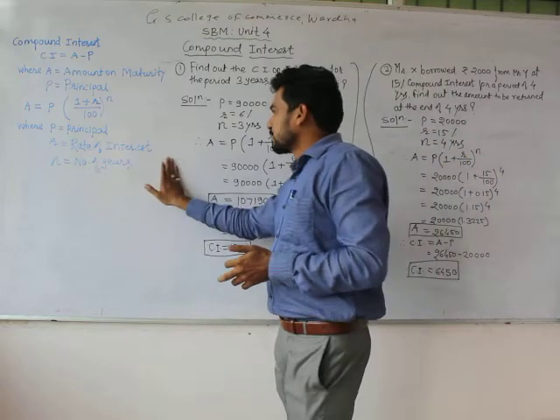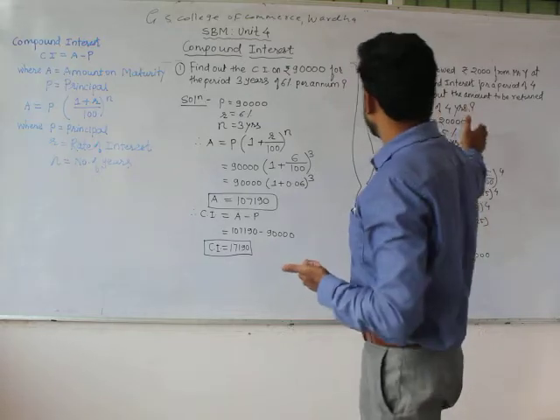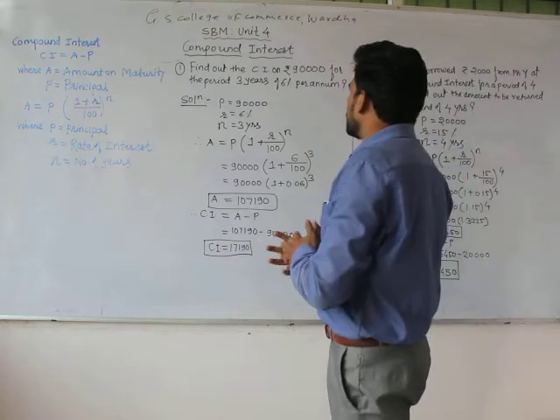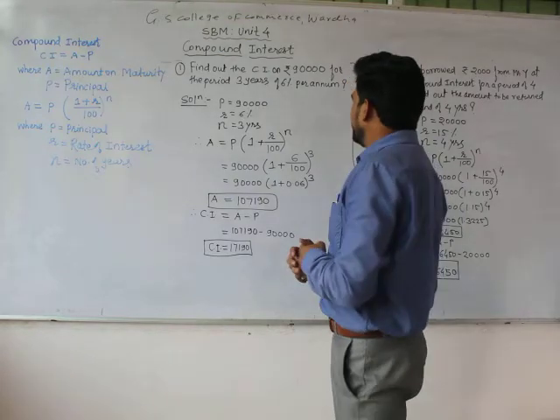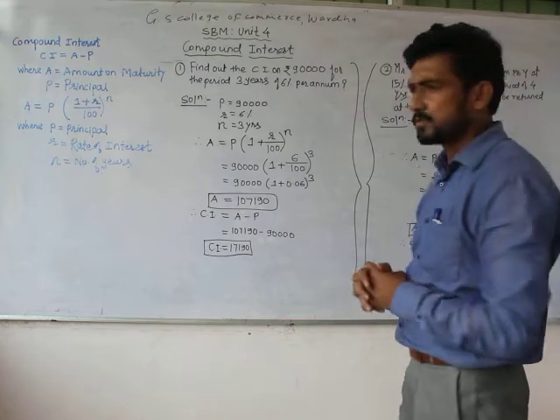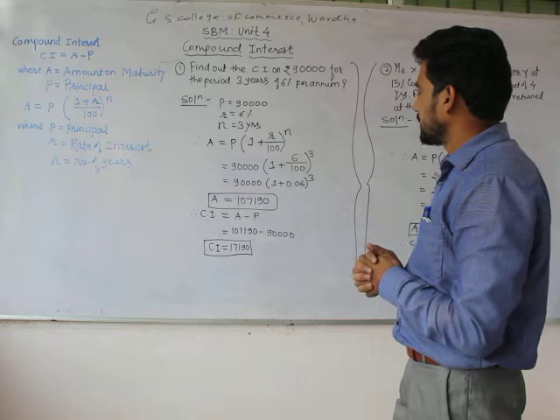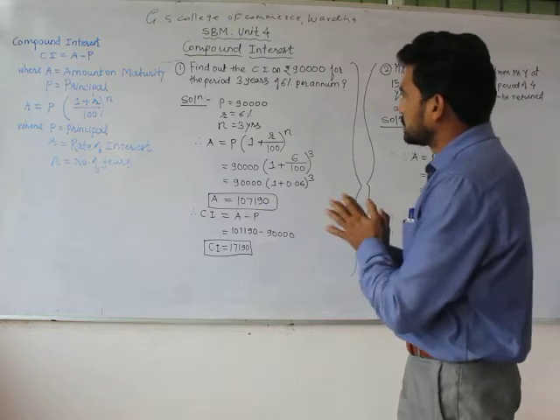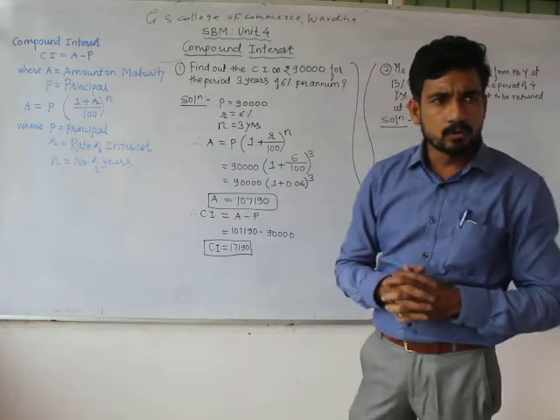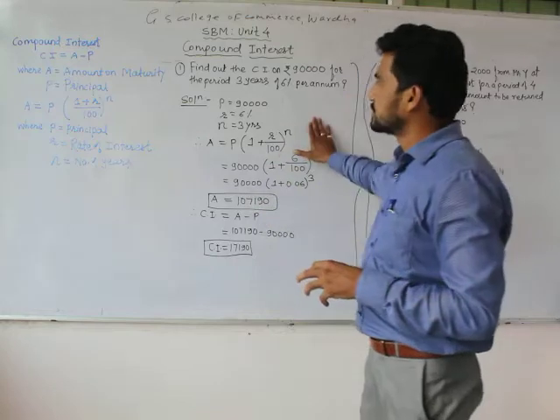Now using this formula, we will go through the first problem, and later the second problem. The first problem is here. Find out the compound interest on rupees 90,000 for a period of 3 years at 6% per annum. A very simple problem. You just have to use the formula in a straight way and we will have the answer. We have to find the compound interest, but before that we have to find the amount on maturity, and using the amount on maturity and principal, we will get the compound interest.